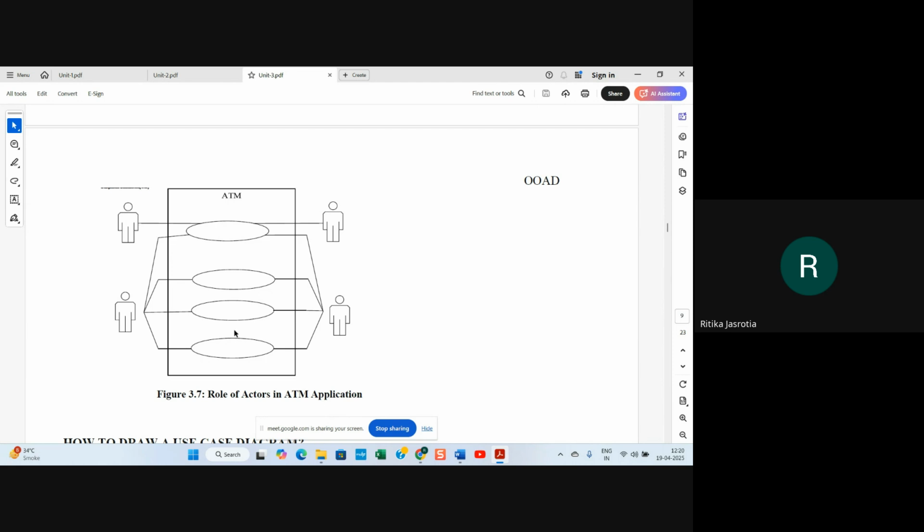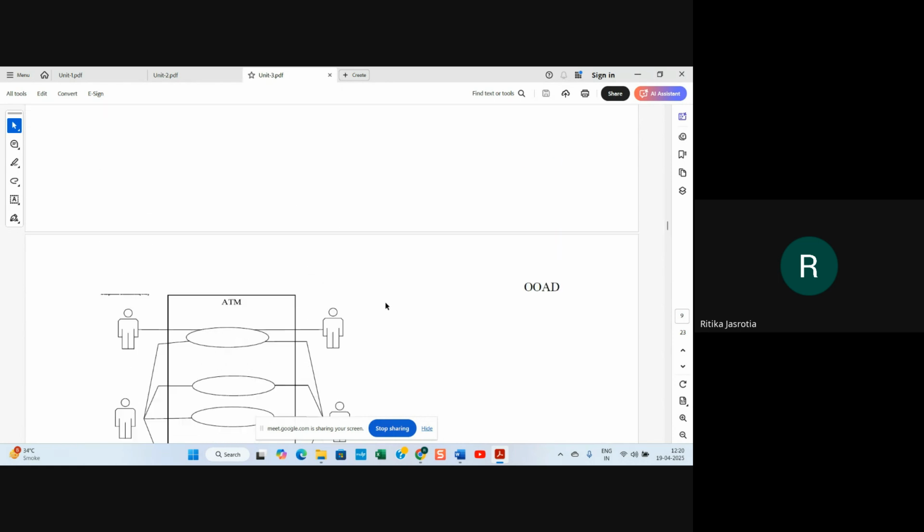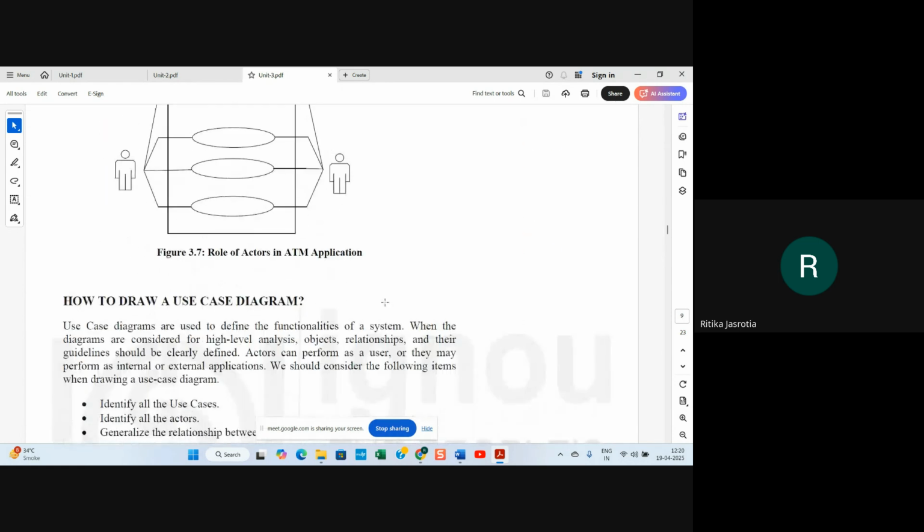So these kinds of things, password change, PIN change, whatever. So you can name a customer, like, this is a bank customer, these are other customers, and this is a bank administrator or whatever who will be seeing all the processes which are happening in the ATM. So you can make the role of actors or customers.